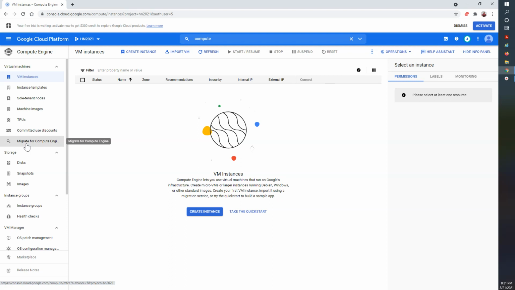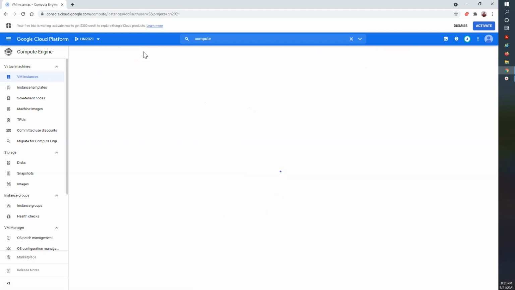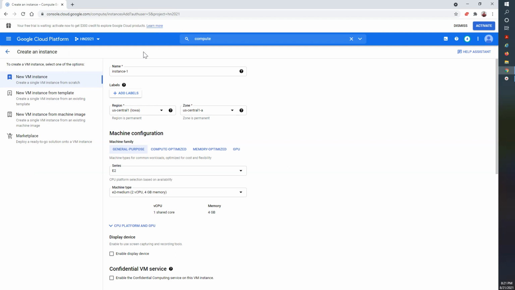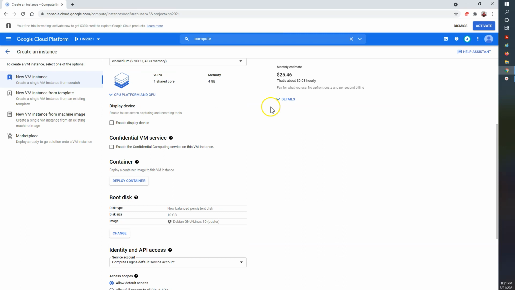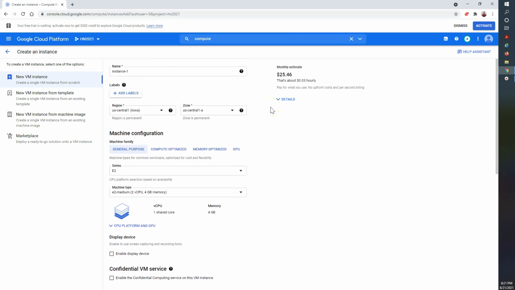So in this particular session we are going to create an instance. So let's start. So I'm just going to create an instance here. You can see at the top the button Create Instance, and there is an Import VM also there. So that is also a facility if you want to import your existing VM image, that you can do here. Okay, so Create Instance will give the configuration over here. So this is a detailed configuration. We will understand each section in this particular page.